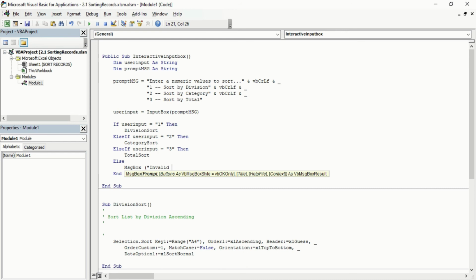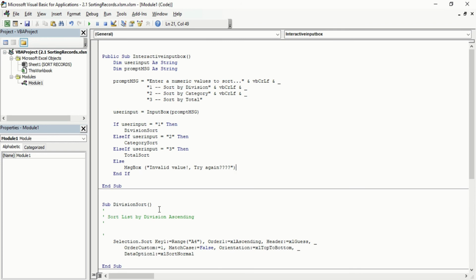Invalid value, try again. You can put something like this, and after that just close it.